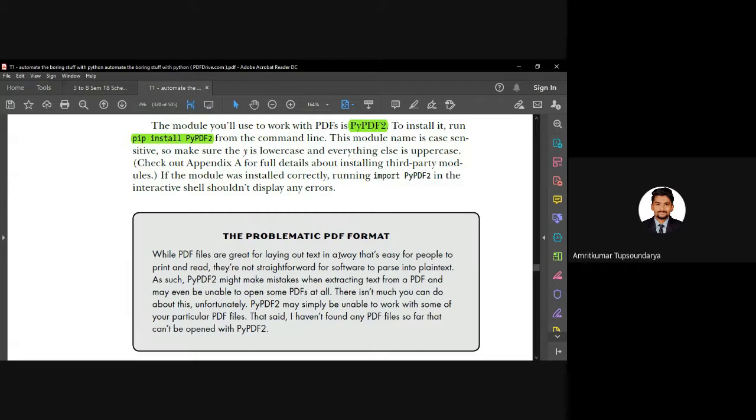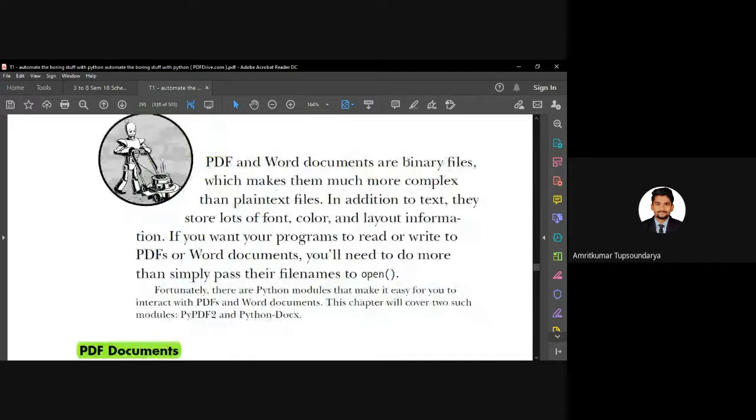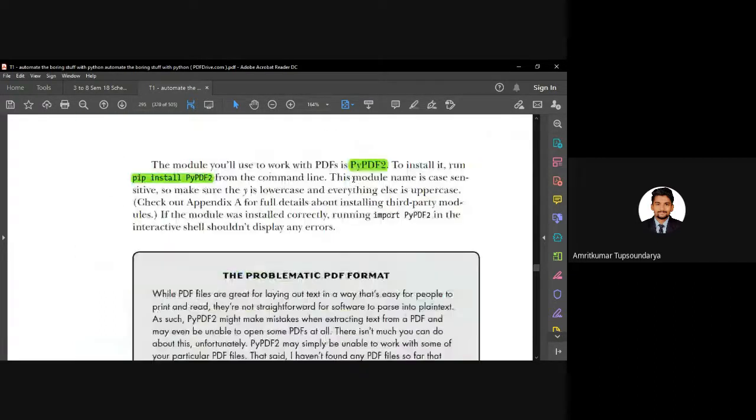But the PyPDF2 module gives you mostly accurate data. Like I've said, PDF is a little complicated to handle because it is a binary document. The data is stored as binary in the Word document as well as in the PDF file. They are binary files, right?